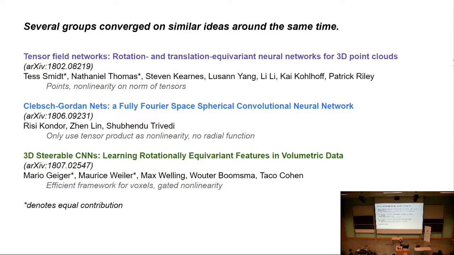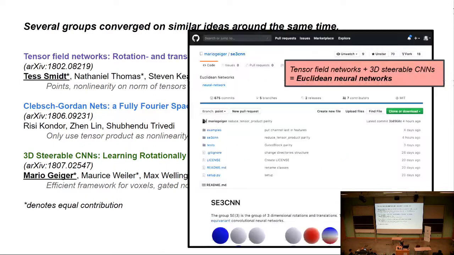When I went to NeurIPS in 2018, I said, you know what, I need to go meet these people, because this is great. There are other people out there working on this and that care about this. So I met up with Mario, and we started talking about code. There were certain things about my code that I liked, certain things about their code that I liked, and it was, we should just be in the same repository. So we were coding at NeurIPS, merging our repositories. Tensor field networks and 3D steerable CNNs, ours worked on points and theirs worked on images, but the underlying math is the same. We decided to merge into one repository, and that's what we're calling Euclidean Neural Networks.